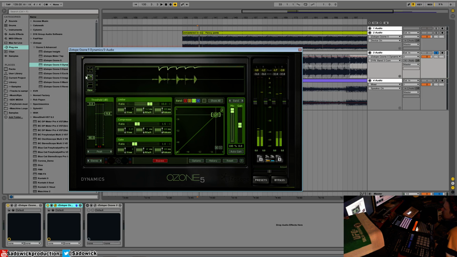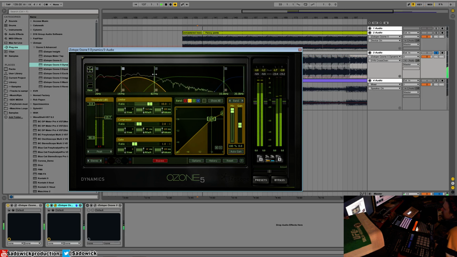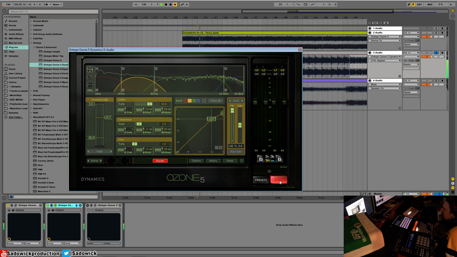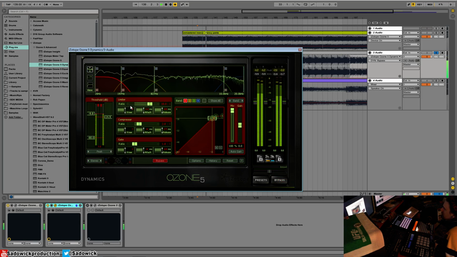Think a bit of squishing, because I want the punchiness and the dynamics to come through here. Then we'll bypass and then unbypass. Maybe there's a little bit too much